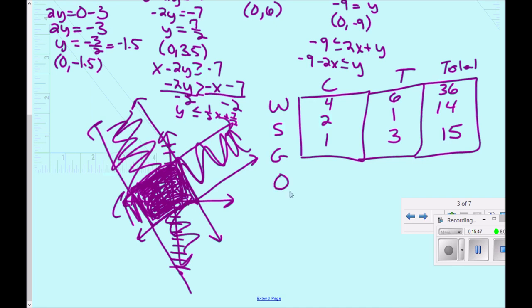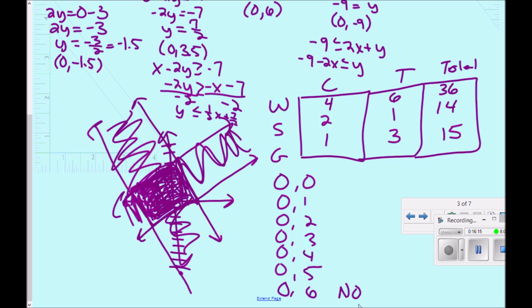Then we moved on to 0, 1. And we looked to see if that was possible, if we had enough parts. Then we kept going, and after a little bit of trial and error, we found that 0, 0 was possible, 0, 1 was possible, 0, 2 was possible, 0, 3 was possible, 0, 4 was possible, and 0, 5 was possible. When we tried 0, 6, it was not possible. There were not enough parts to complete that order. So when we reached our limit, 0, 5 was the highest,